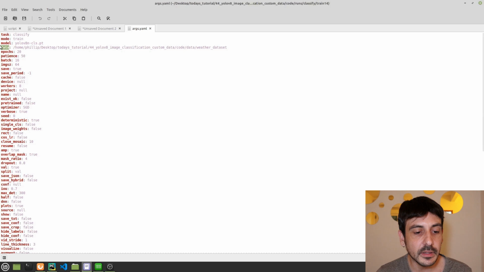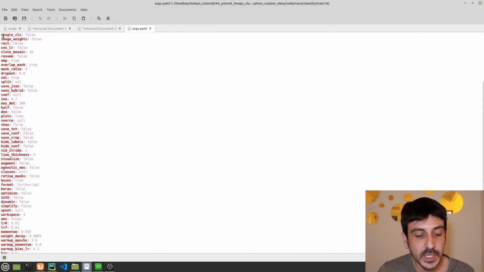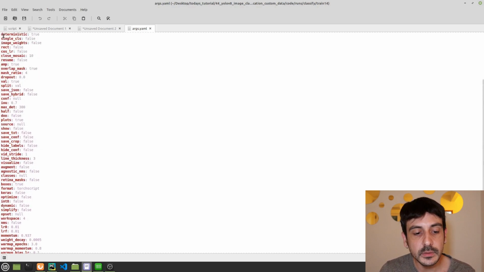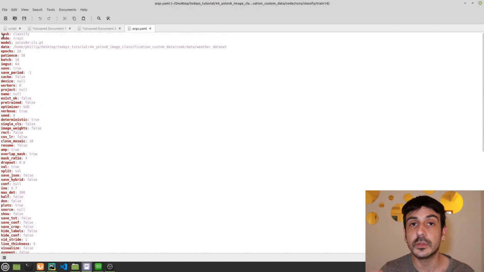And you can see that we have a keyword which is data, then epochs, then image size, and then we have many other keywords as well. This is very important because these are absolutely all the keywords we have used. We have used all these default values which were set for all these different keywords, and this is important in case we want to train a new model and we want to make some changes into some of these hyperparameters.